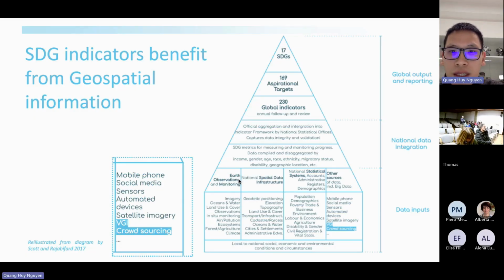Below here, we can see 4 types of data that can contribute. Geospatial data can contribute to the SDGs. We have Earth observation, national spatial data, and the statistical system. And interestingly, in the other sources, we have other data and big data coming from mobile phones, social media, sensors, and we have VGI and crowdsourcing, which is the main contribution to